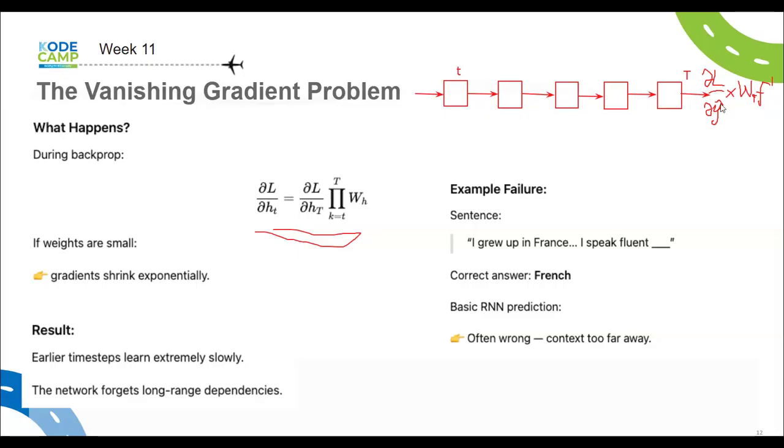And then you multiply that by the gradient of the cost function with respect to the output, the predicted output. So that gives you del L del HT. That is essentially the gradient with respect to the outermost hidden states, right? So what this equation is telling us now is that for me to get the gradient at this point, which is del L